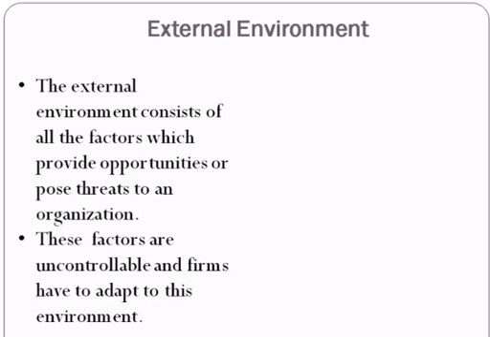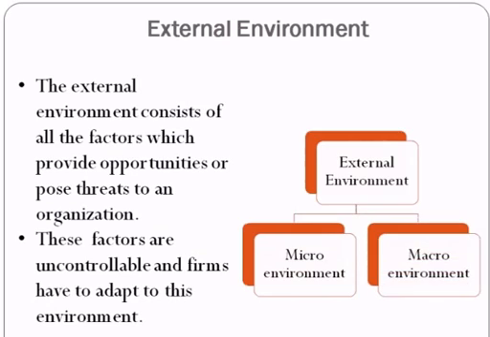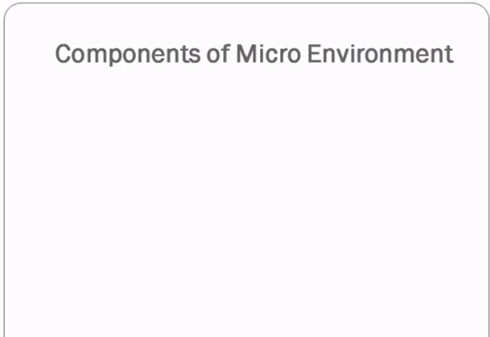The external environment consists of microenvironment and macroenvironment. Let's see microenvironment in detail. The microenvironment consists of factors in the company's immediate environment, that is, which are very close to the organization. These factors affect the company's ability to serve the customers. Micro external factors have an important effect on the performance and business operations of a firm. Some of the components of microenvironment are